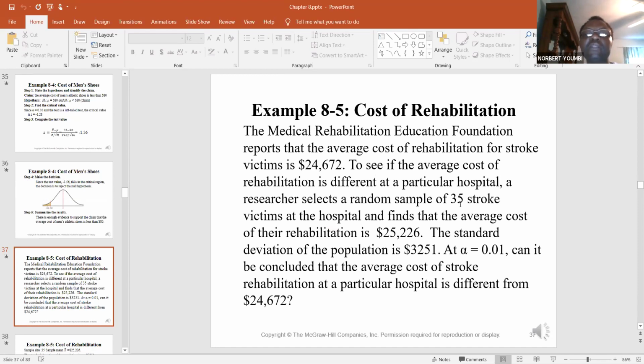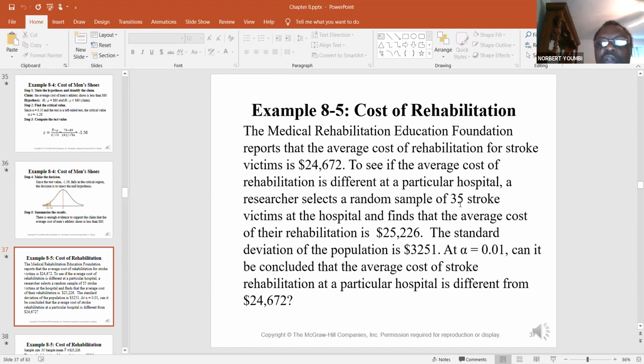So, cost of rehabilitation. The Medical Rehabilitation Education Foundation reports that the average cost of rehabilitation for stroke victims is $24,672. To see if the average cost of rehabilitation is different at a particular hospital, a researcher selects a random sample of 35 stroke victims at the hospital and finds that the average cost of their rehabilitation is $25,226. The standard deviation of the population is 3,251. At alpha equal to 0.01, can it be concluded that the average cost of stroke rehabilitation at the particular hospital is different from